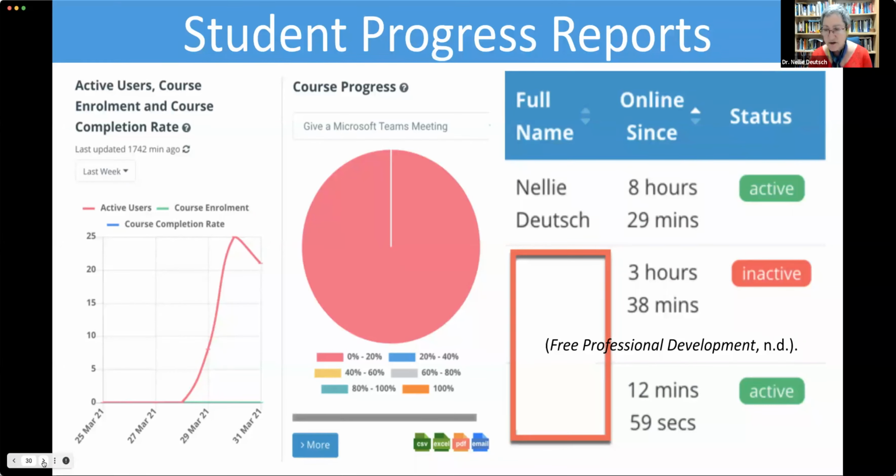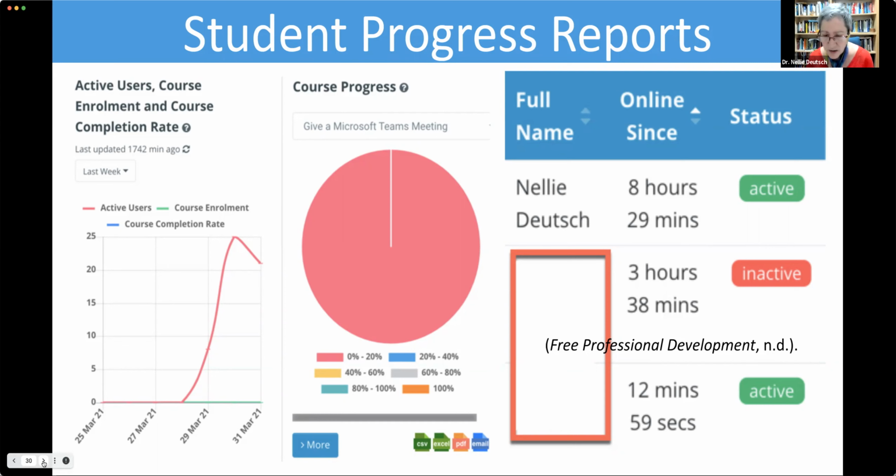I also get student progress reports. And this is important for me as a teacher too. Maybe I'm the reason why the student is not performing. So, you know, the teacher does take responsibility. I mean, that's our job. As teachers, we're not just information providers. They don't need us for that. They need us for other reasons, not just to provide information. They get information on the internet.